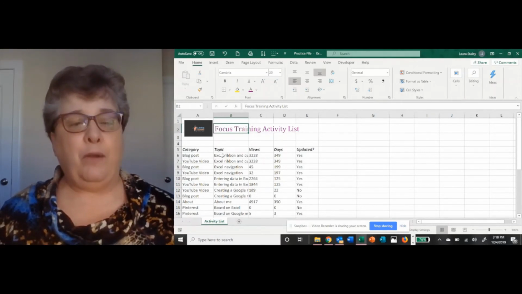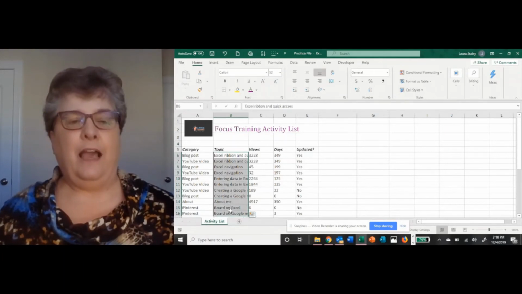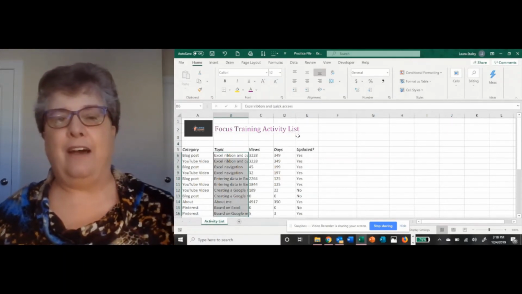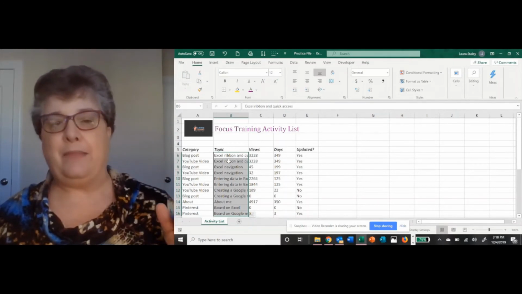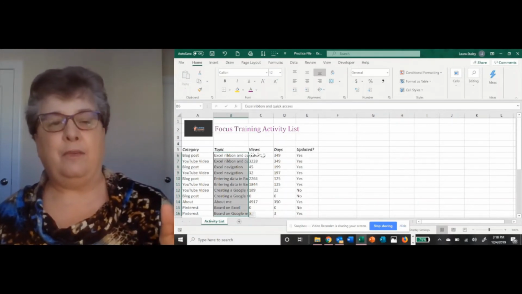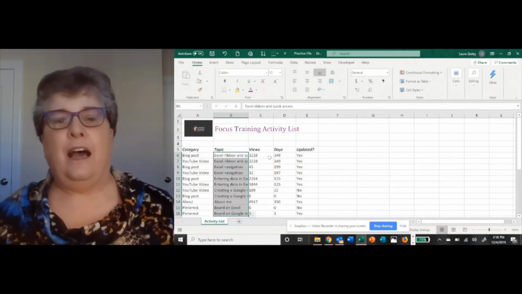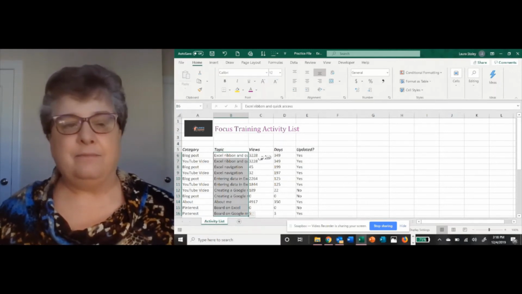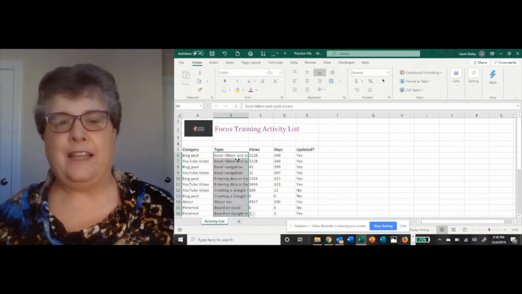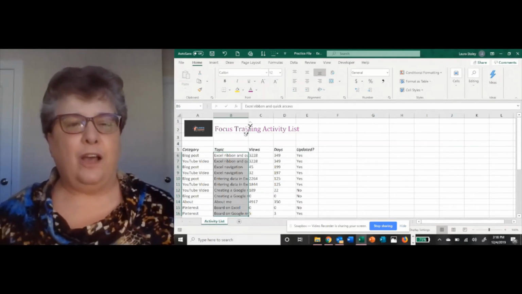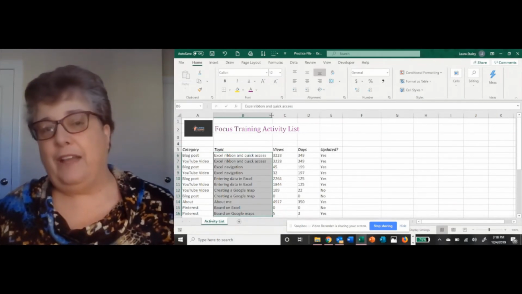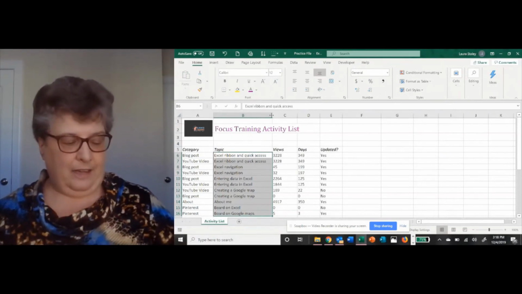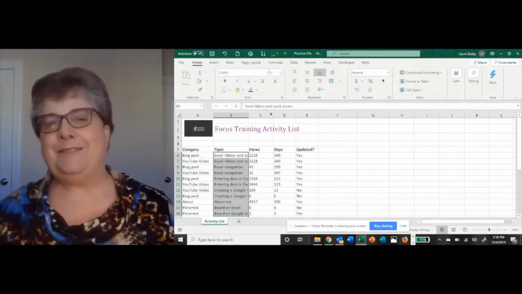Okay, so then the one problem I have with my data is in this second column. A lot of the cells have data that is too long for the column width. And remember, when you type in something in one column and it's too long for that column, if you type something in the next column, it just cuts off the text where the column ends. So I don't want to make my column wider because it would be so wide, it would just look weird. But I like the thinner column in this case,